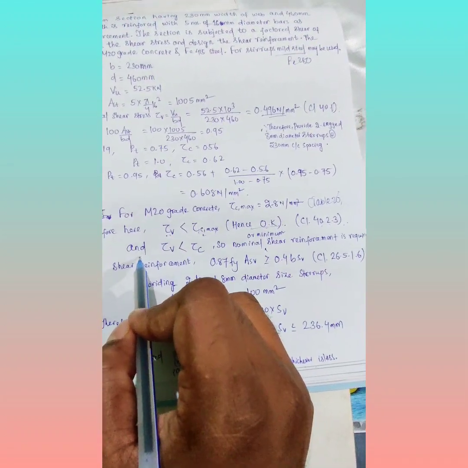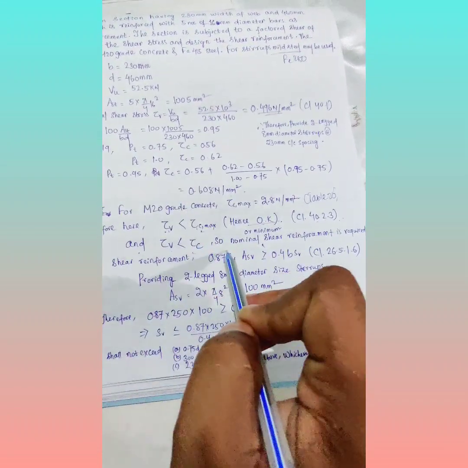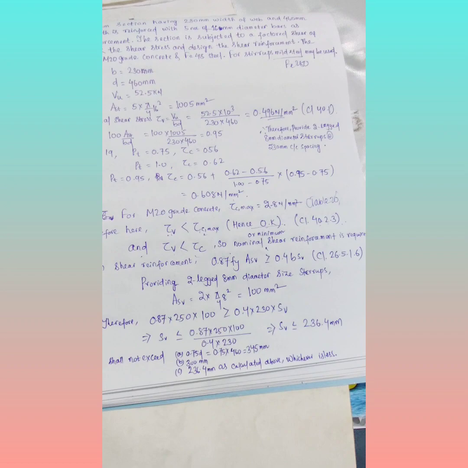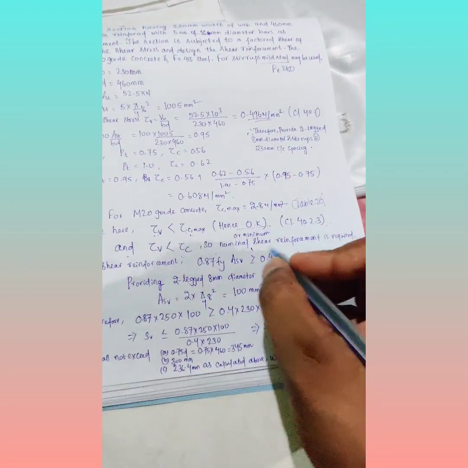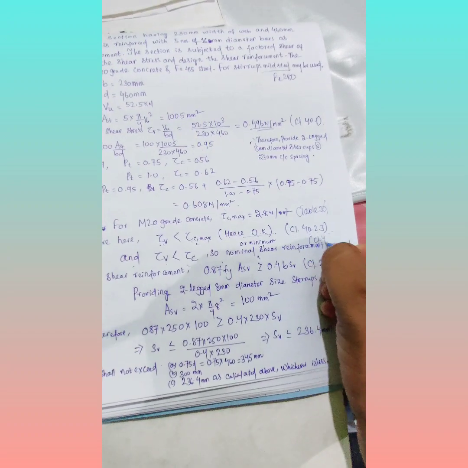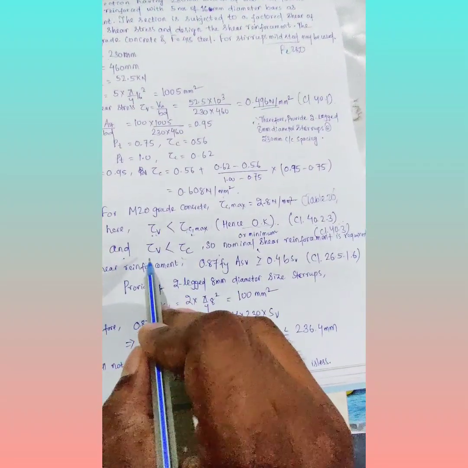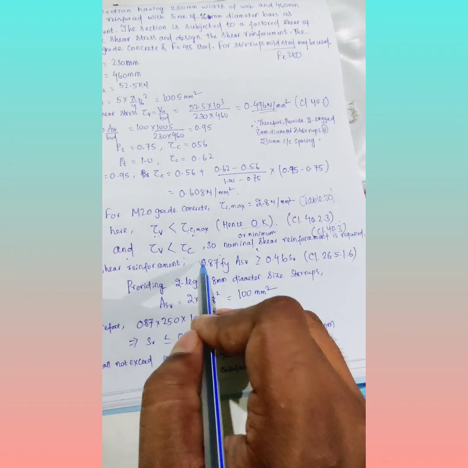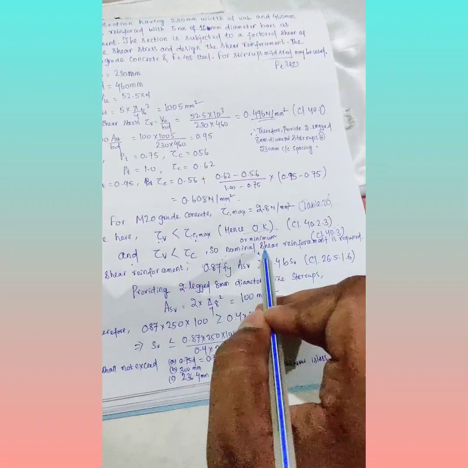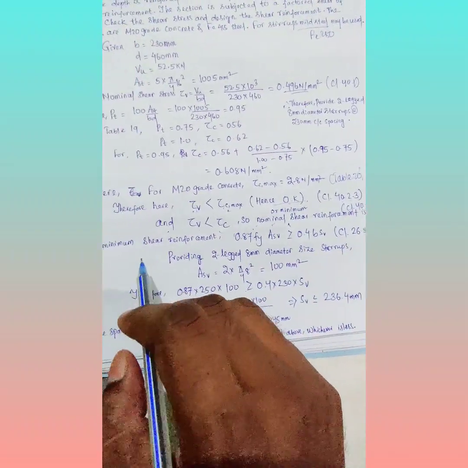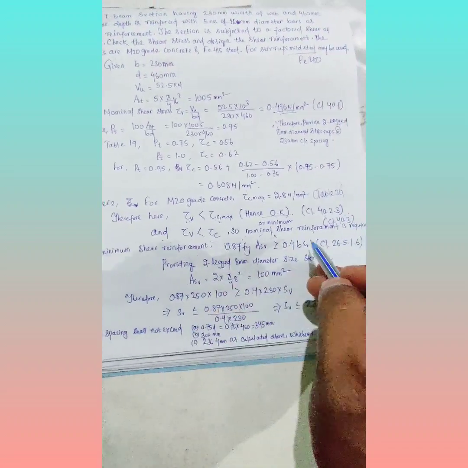Next we will check the relation between tau v and tau c. We can clearly see that tau v is less than tau c. So as per clause number 40.3 of IS 456, when tau v is less than tau c, the minimum shear reinforcement is to be provided. Minimum shear reinforcement or nominal shear reinforcement is to be provided. So the minimum shear reinforcement will be provided as per clause number